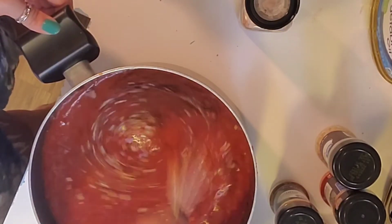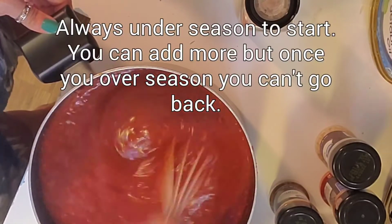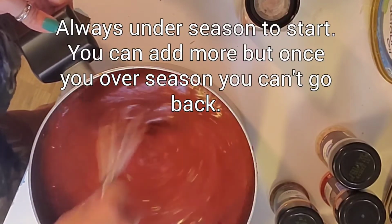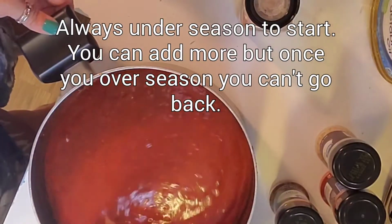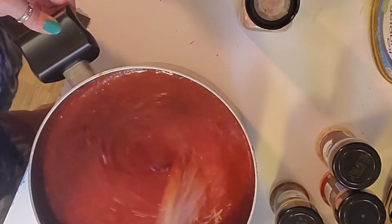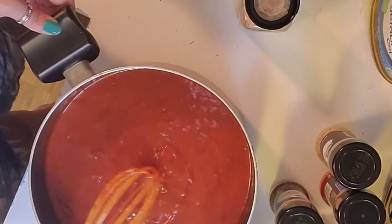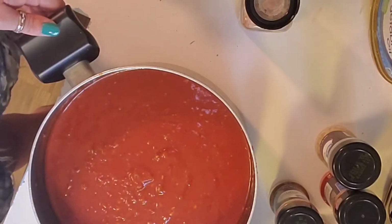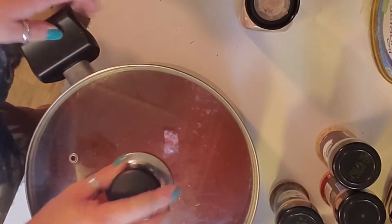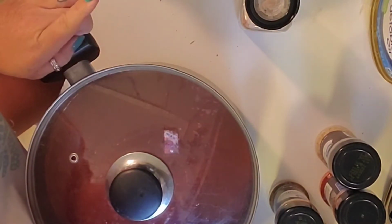And this is where I usually start. If I need to adjust the flavor, then I'll do it after I give it a taste when it's been cooking for a while. And if I find that it doesn't have enough garlic flavor for us, we'll add a little bit more garlic. If we want a little bit more cumin, we'll do that. So now we're going to go ahead and put the lid on and get it on the stove, medium-low heat